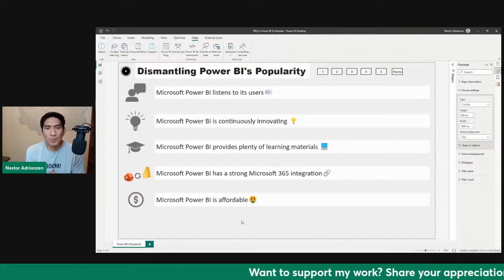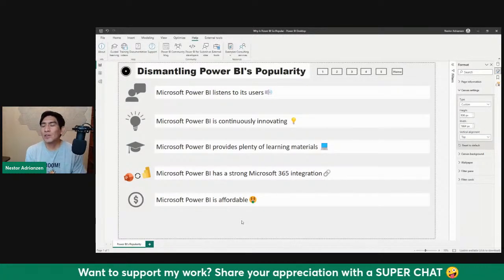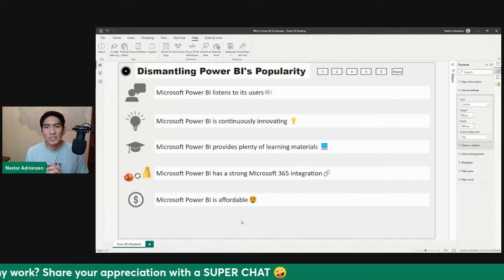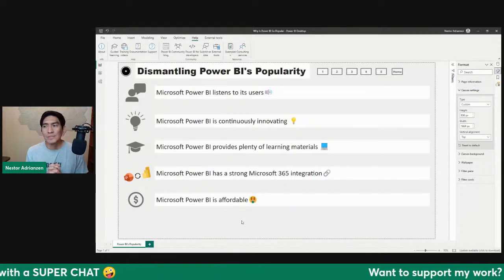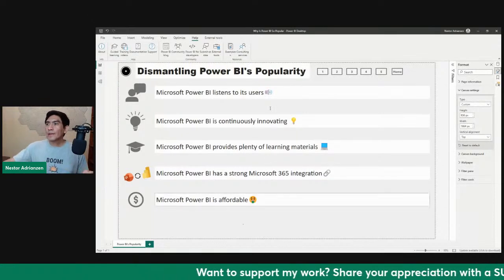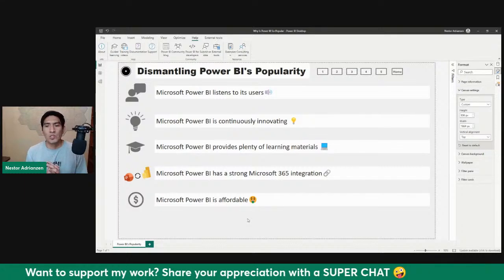Remember, Power BI Desktop is a free application. So you can download it and then you can start playing with it. Now, if you want to share reports with your peers, you definitely need to have a license. And I'm going to go over the licenses here in a few minutes, okay? But in general, it's really affordable.